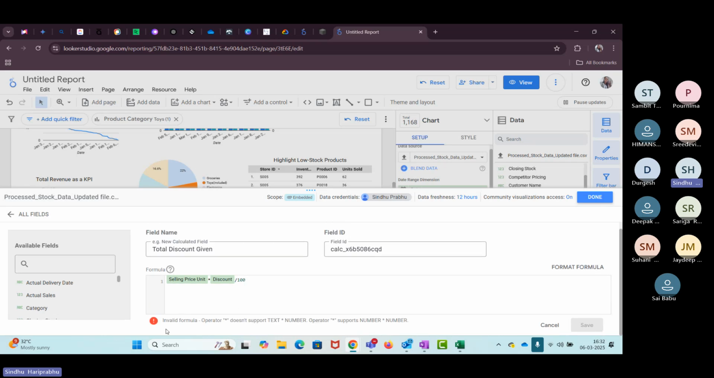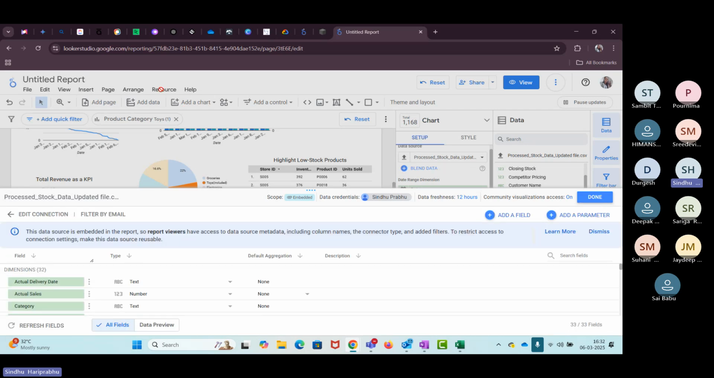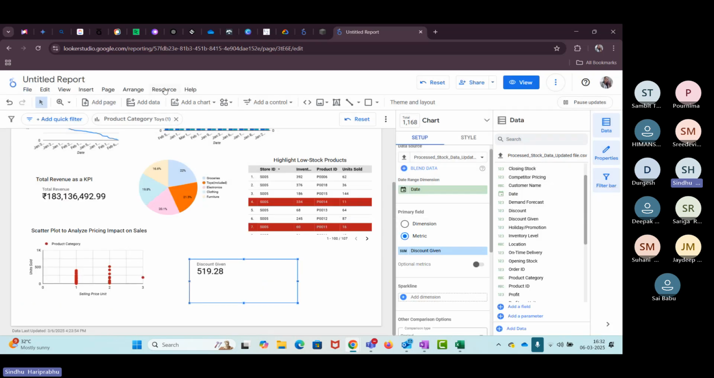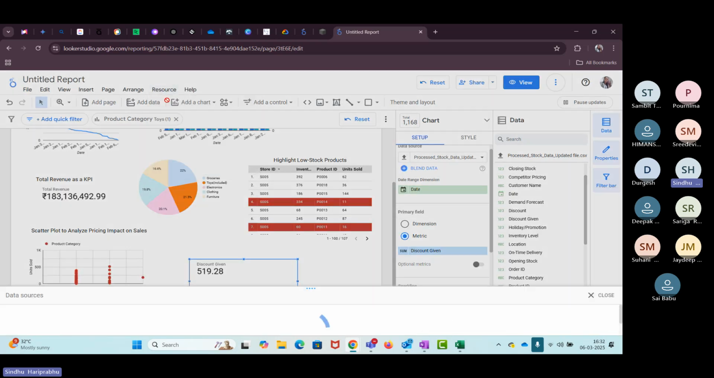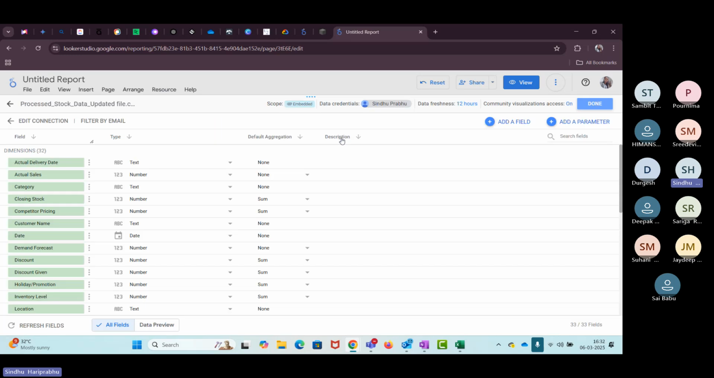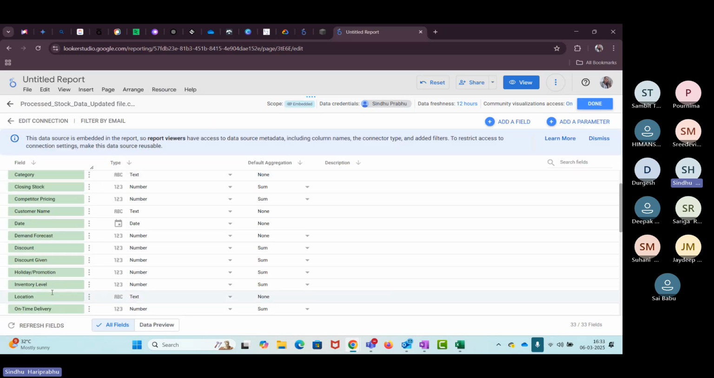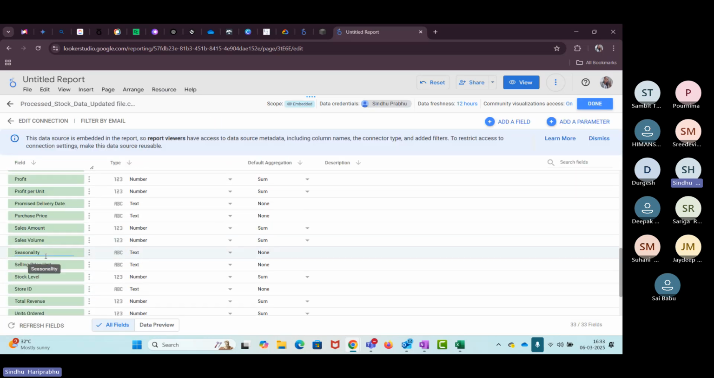Okay, here you can see it says "invalid formula, operator does not support text numbers operator." Why is it showing this? Because the selling price is in text format, and we always need the selling price in number format. So what we are supposed to do is cancel this, go to resource, manage data resource, then click on the edit option, and we want selling price as